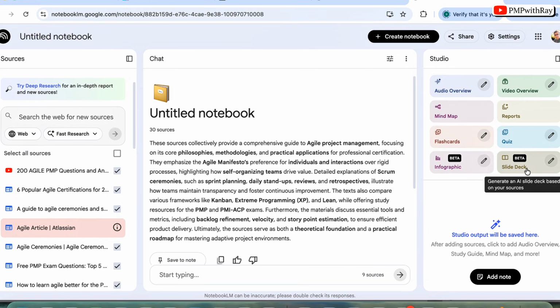Now, just as an example or a demonstration as part of this video, let's say I ask Notebook LM to prepare a comprehensive report based on the sources that I have provided it with. That report would be like my revision sheet or my go-to sheet whenever I am willing to learn anything about agile ceremonies as part of the PMP exam. So once I click on this report,